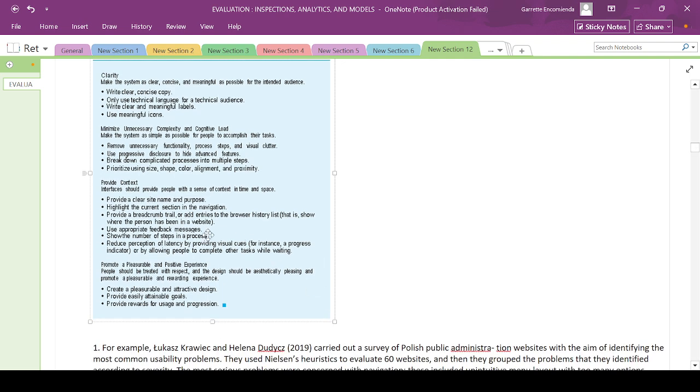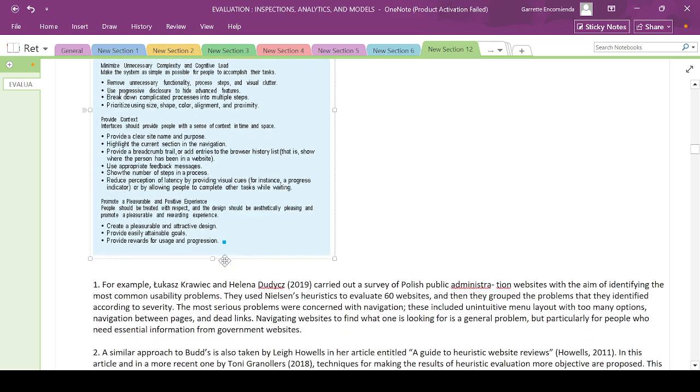Provide context. The interface should provide people with a sense of context in time and space. Provide a clear site name and purpose. Highlight the current section in the navigation. Provide a breadcrumb trail or add entries to the browser history that show where the person has been in a website. Use appropriate feedback messages. Show the number of steps in a process. Reduce perception of latency by providing visual cues, for instance, a progress indicator, or by allowing people to complete other